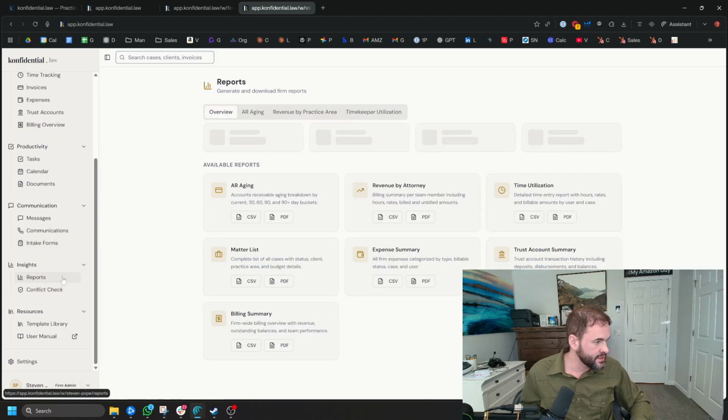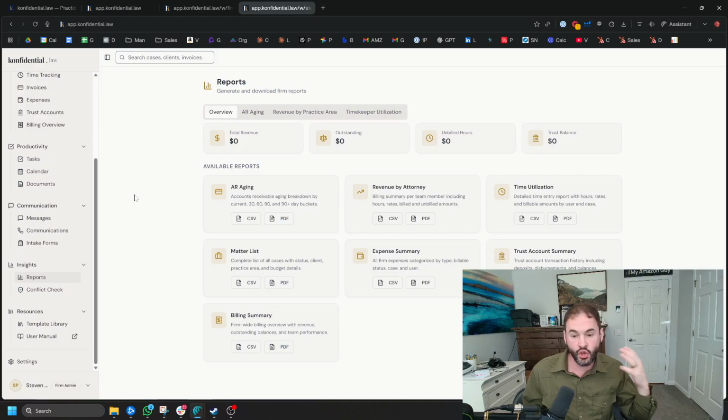Next, we're going to go over to insights or reports. What's great about this is it basically makes it so you don't have to have a CPA because you got your AR aging report. You can look at revenue by attorney. Let's say you got one partner who's not doing as much as the other partners. Well, it's going to be as clear as night and day. There's going to be no hard feelings because it's all tracked revenue by attorney. Maybe there's some rev share deals that you'll restructure based on the actual billable hours that go out. Who's got the best time utilization? What's the matter list, the expense summary, the trust account summary, and all the billing information with every report you